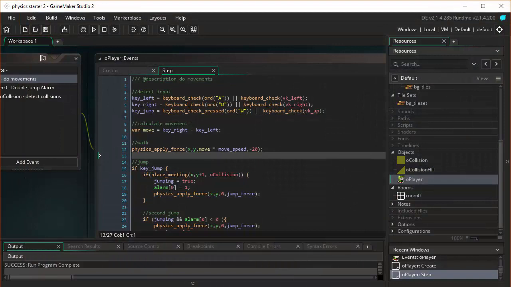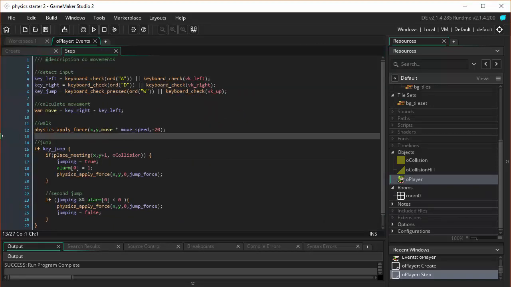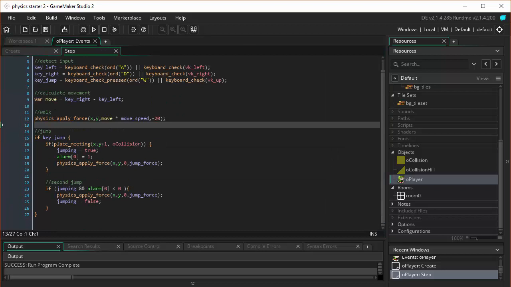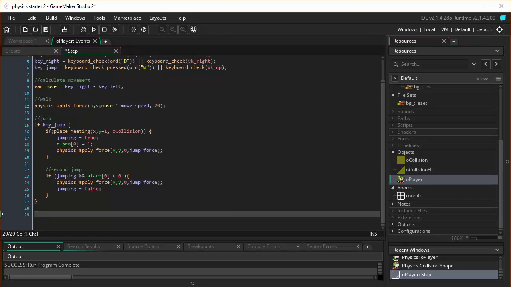Okay, let's continue on. What I'd like to do next is let's get the appropriate sprites to show up for our player. Okay, let me expand this out a little so we can see what's going on. So we've taken care of our movements now. Now let's take care of showing the right sprite. As with everything else in this physics world, the way that we update the sprites is going to be a